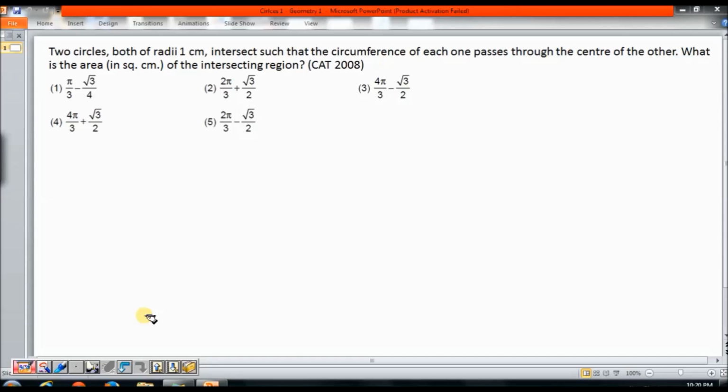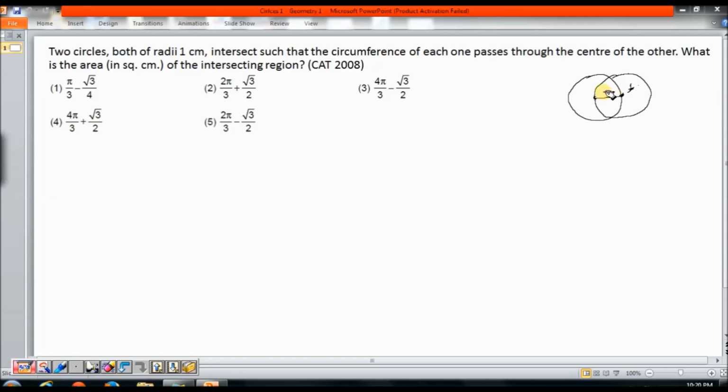So the question says that there are two circles of same radii, that is 1 centimeter, and they are passing through the center of each other. So how can the diagram be? So the diagram will be something like this. If I have a circle here, the center is this, I should have another circle of same radius, and the center of the second circle should be like this. So the radius of each circle is 1 centimeter, and this distance